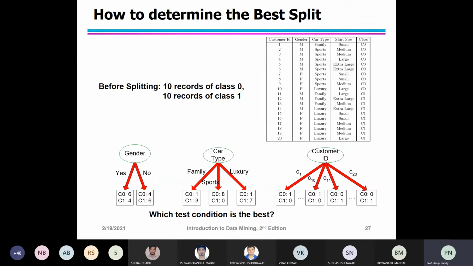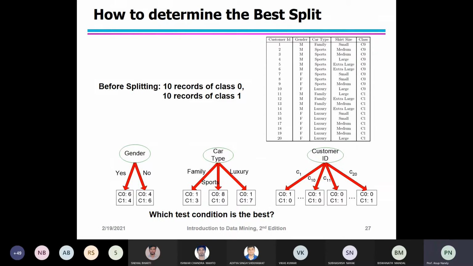The classes are no longer evenly distributed, because the first child has 6 elements of one class and 4 of the other, while in the other child the first class has 4 elements and the second class has 6. They are not evenly distributed, but the child nodes still contain records from both classes.